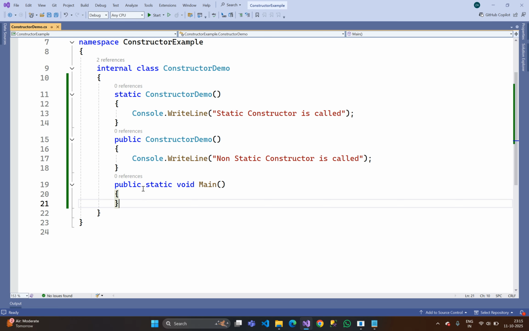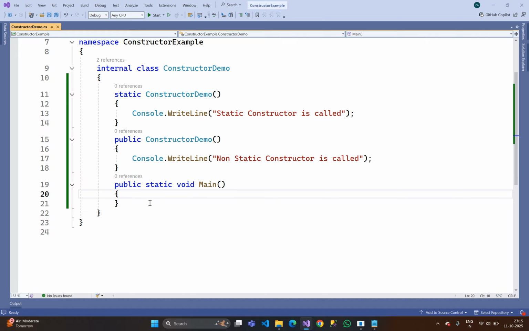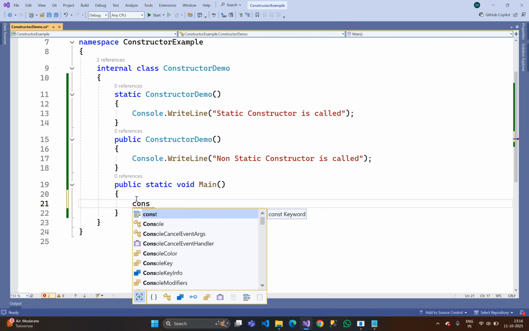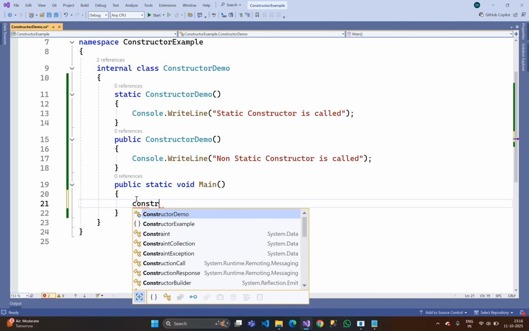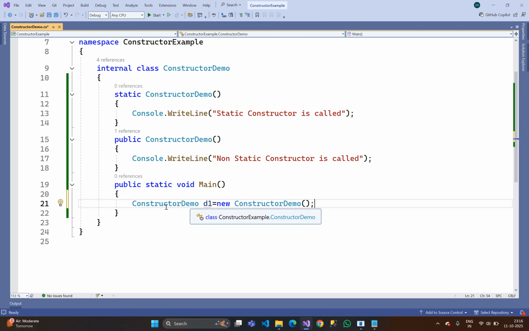Okay, that means the non-static constructor is called 0 times. If one instance is created, then it is called one time. If two instances are created, then it is called two times. Like, suppose I'm creating an instance: d1 equal to new ConstructorDemo. I'm creating the instance